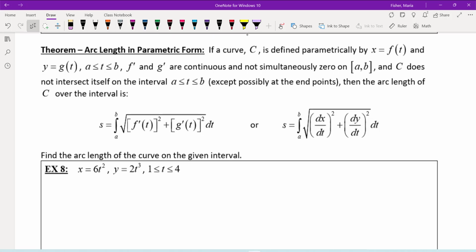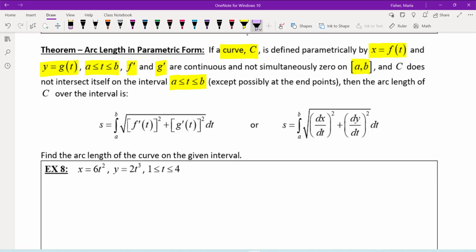Now let's look at arc length in parametric form. So we say that if we have a curve C and it's defined parametrically by x equal f of t and y equal g of t, where t is between a and b, and f prime and g prime are continuous and not simultaneously zero between a and b, and C doesn't intersect itself on the interval from a to b except possibly at the endpoints,